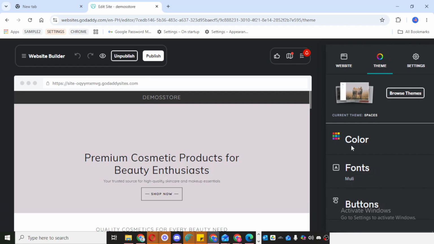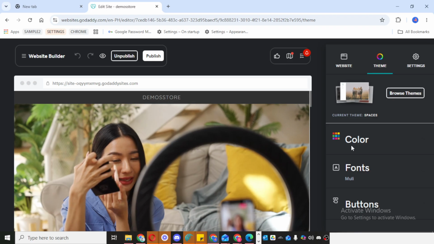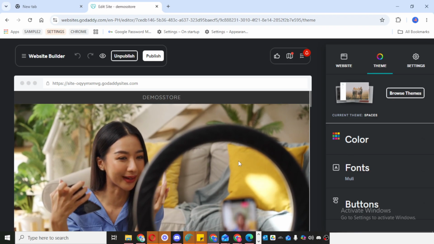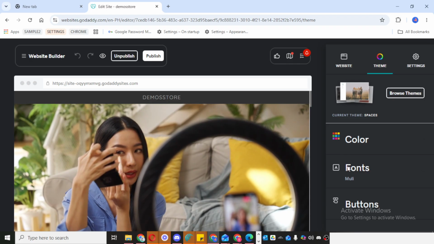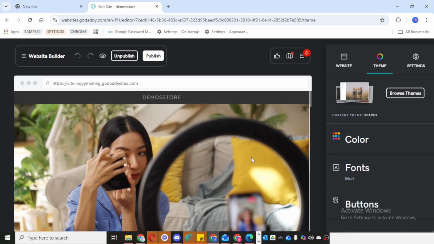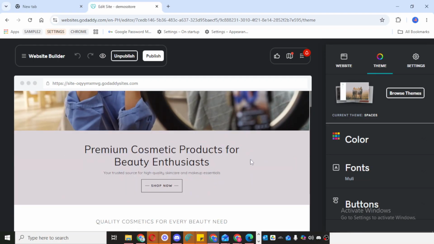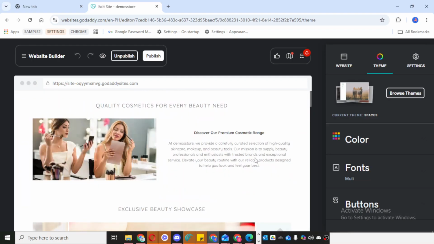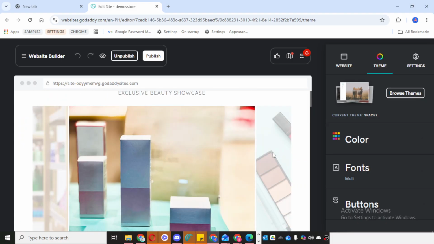If you want to remove content, simply select the section or element you no longer want and use the available Delete or Remove option. If you want to add content, look for the tools in the editor that allow you to insert new sections, text blocks, photos, or other website elements. And if you just want to make changes, you can edit what's already there directly on the page.